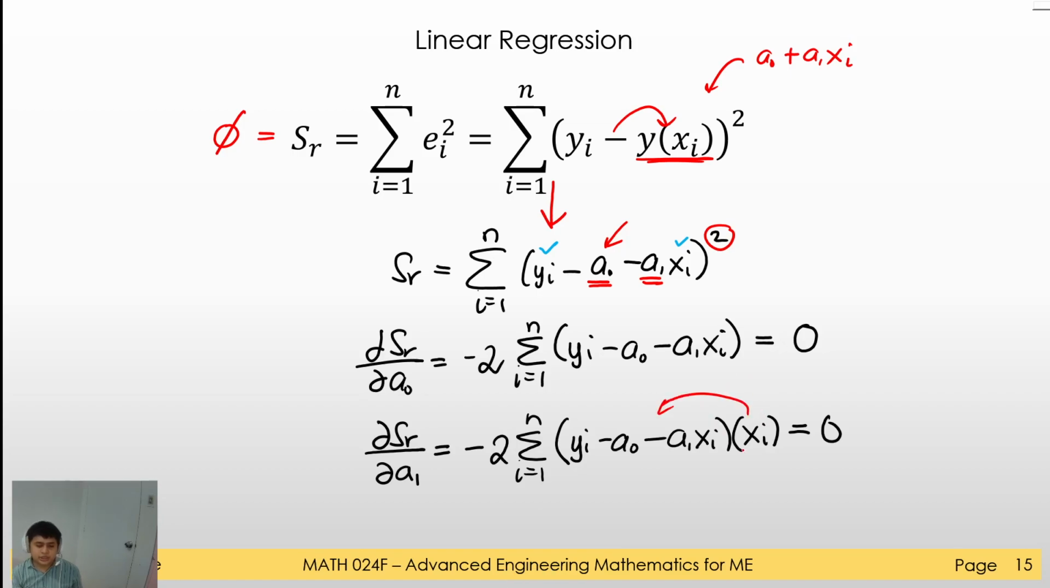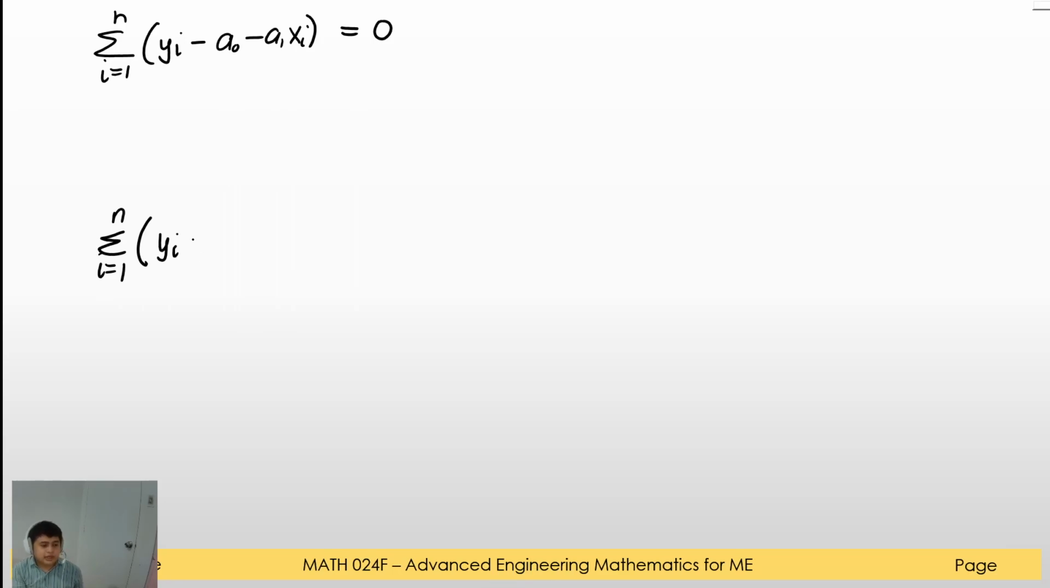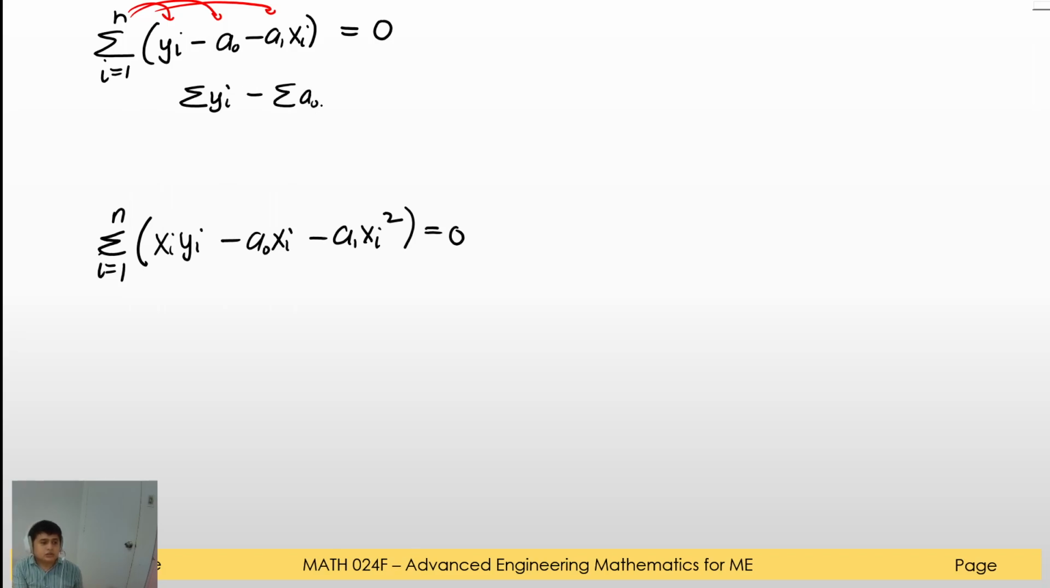Yes, you can distribute this xi. So we have yi xi, I'll just make this xi yi minus a naught xi minus a1 xi squared is equal to 0. For this one, we can actually distribute this sign, no? There's a property for series that we can distribute this sign. So I'll just write here the summation, just to save time. The summation of yi minus the summation of a naught minus the summation of a1 xi is equal to